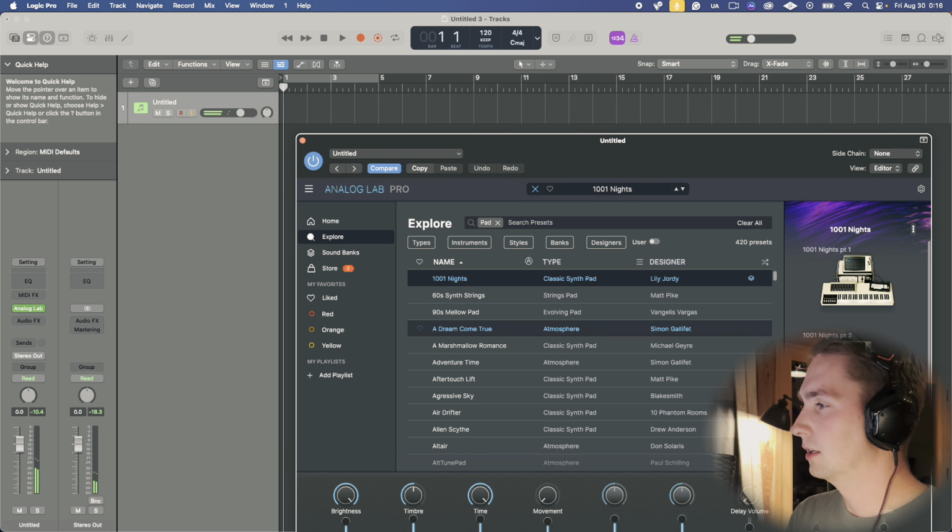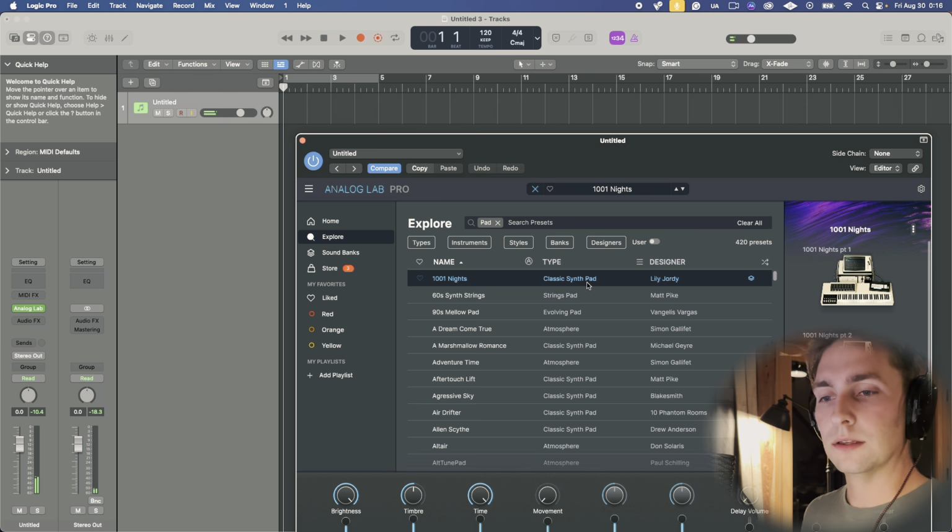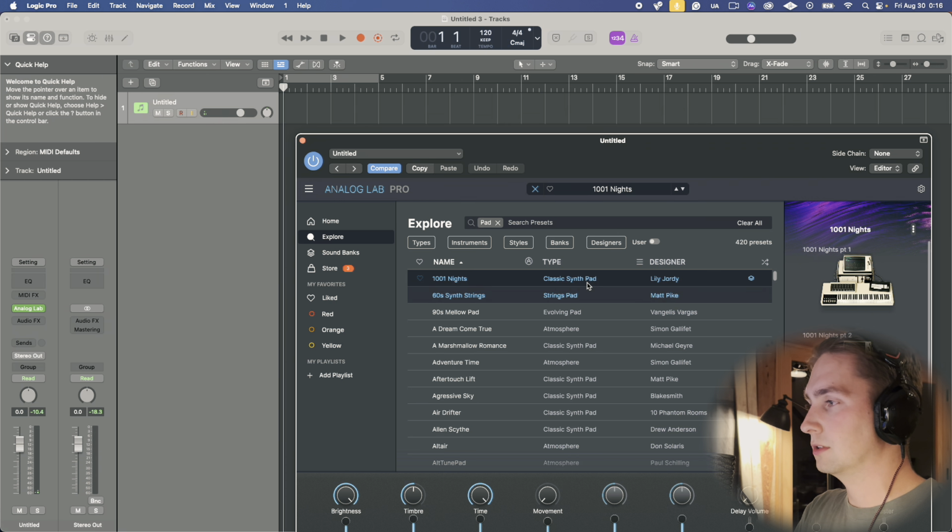Cool. All right, let's find something that matches what I'm feeling. Something moody. It's going to be in a minor key, I think. So let's see what we have.